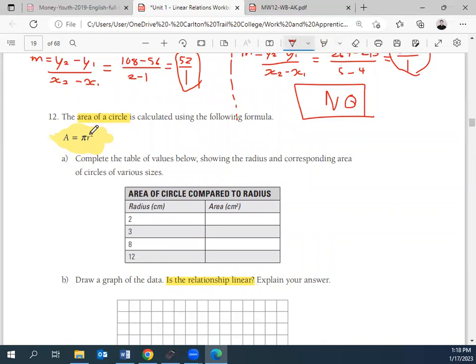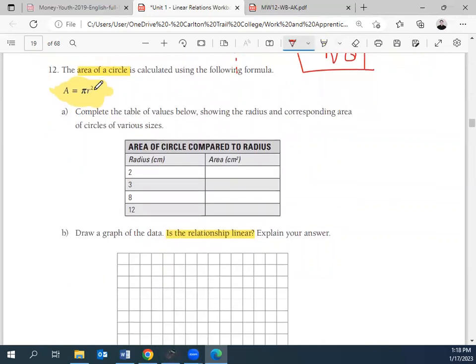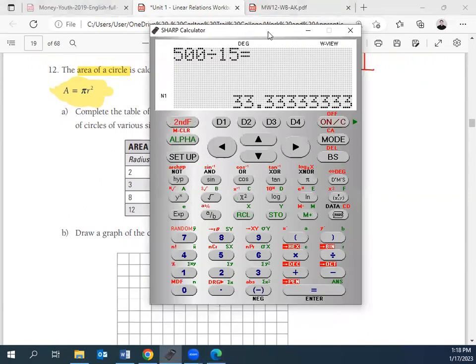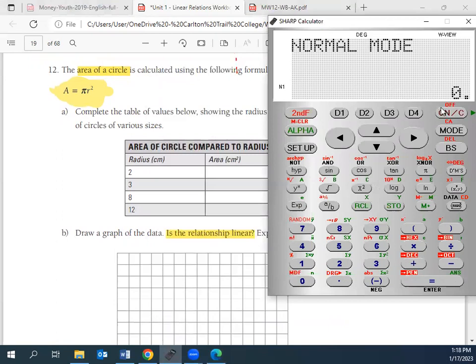So how we calculate this one out here. A is equal to pi times the radius squared. Here is how you can put that in your calculator. Don't worry if you don't get it, this took us a couple days last block. If I want to figure out when the radius is 2, I would take my